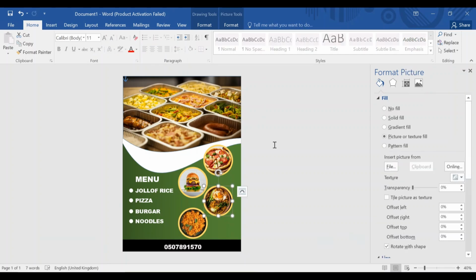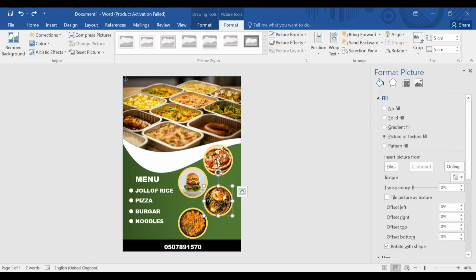Now I'm going to put the restaurant's logo up here, and then we are going to write the name of the restaurant up here as well. Now in order to insert my restaurant logo, I'm going to first insert a shape and then I'll put the restaurant logo in there. So to do that,